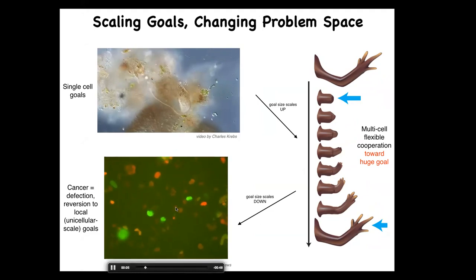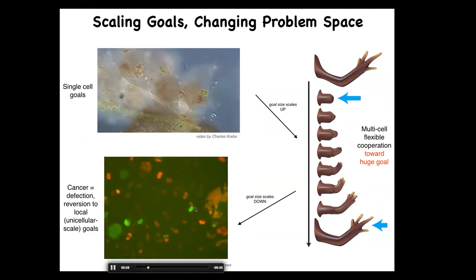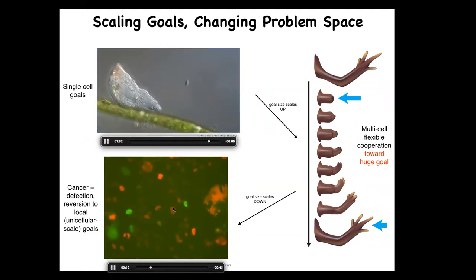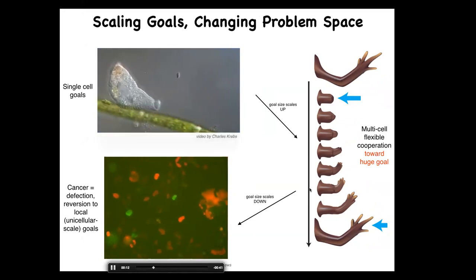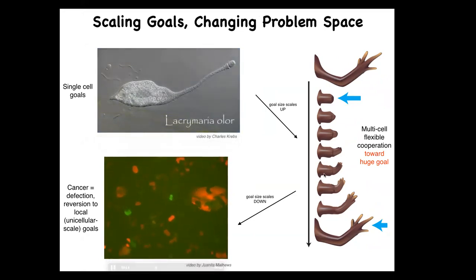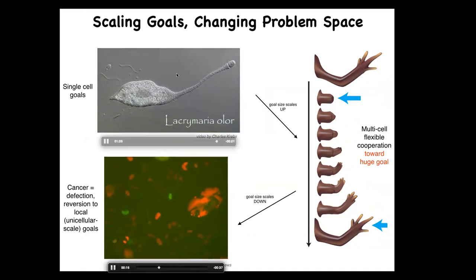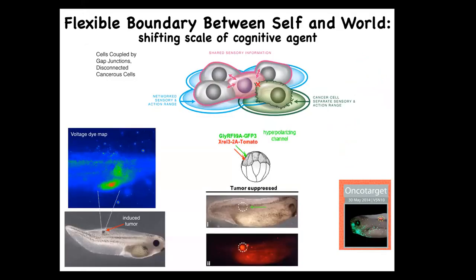And here's what you see, human glioblastoma. These cells are not more selfish than normal cells. They just have smaller selves because they've been electrically disconnected from the collective. And now all their goals are amoeba level goals. And so if you have that idea, you can try to come up with a therapeutic that instead of killing these cancer cells would reconnect them electrically to the rest of the network.